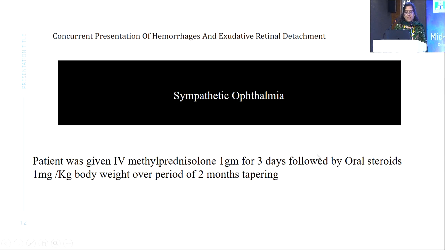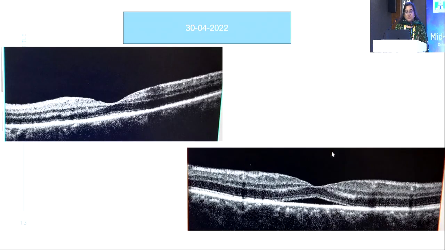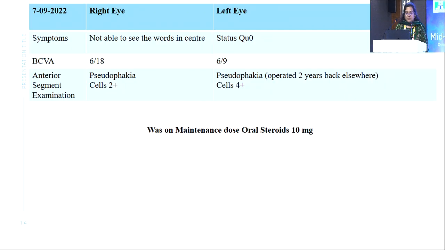Then I thought it is sympathetic ophthalmia because he was operated on in both the eyes, right eye and left eye vitrectomy. So we started him on a standard protocol, that is 1 gram IV methylprednisolone for 3 days and then oral steroids with tapering over 2 months. He was doing all good for around 4 months, and then